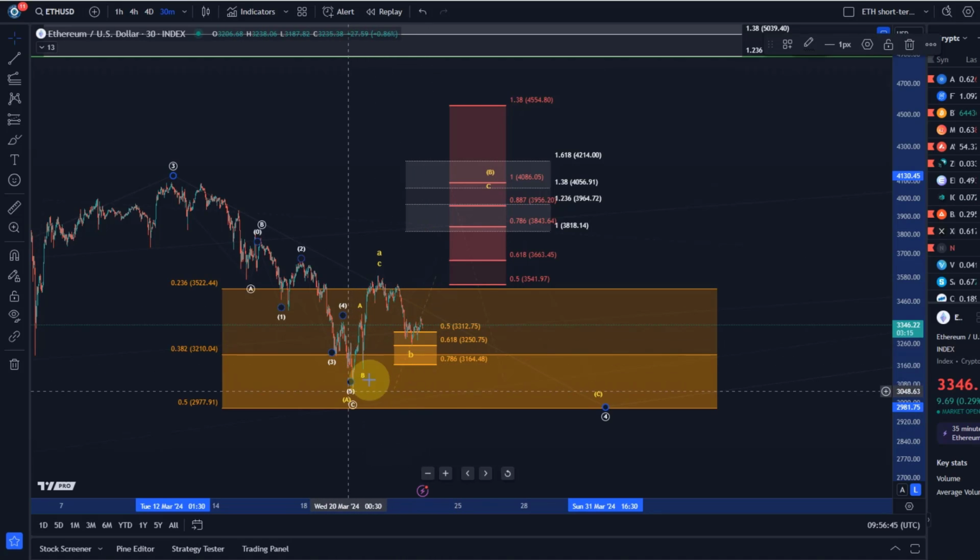The idea would be that we're forming a healthy B wave like Bitcoin, and it's possible that in this wave 4, we bottomed in wave A in yellow. That was here on Wednesday. We're now in the B wave rally, which formed already an A wave. Possible local low in wave B already. Okay, might get one more low. Should ideally hold 3,164. And then we could rally from there in wave C of B. And then from there, we might start that larger C wave.